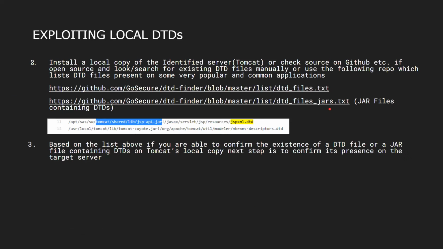Okay, so equipped with this information, we are going to install a local copy of this identified server, which is Tomcat in this case. And then we are going to look at some of the DTD files which come along with the installation of this Tomcat web server. And the GoSecure team have listed a few DTD files, which are present in some very